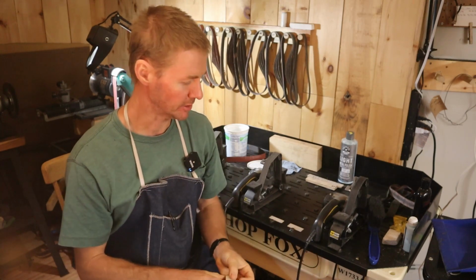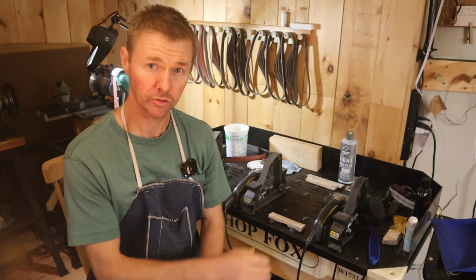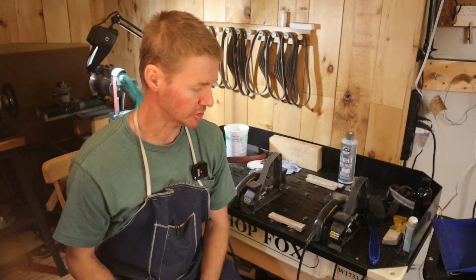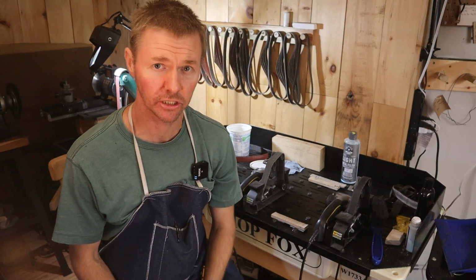And the way I have it mounted on my workbench is like this, and it is right between my 1200 grit belt and my leather belt that I finish on. Next, I'll show you where this fits into my system, but I want to just share with you the problem